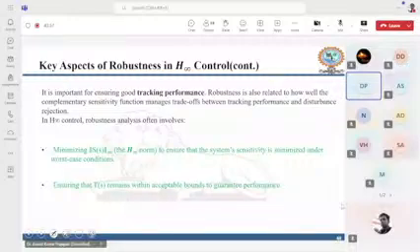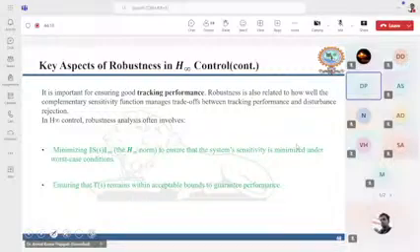And the complementary sensitivity function measures how the system response can track the input. In H infinity control, robustness analysis often involves this. The main goal is to minimize the sensitivity function S, which ensures the system's sensitivity is minimized under the worst case condition, and to ensure that the complementary sensitivity function remains within the acceptable bound to guarantee